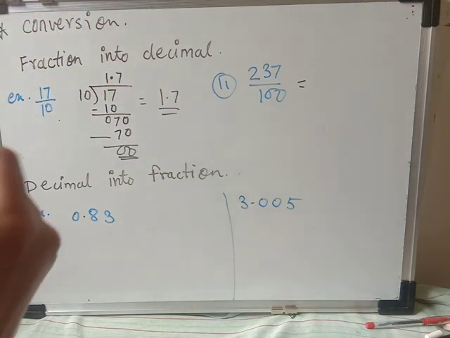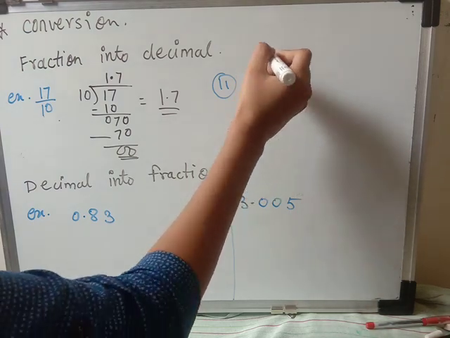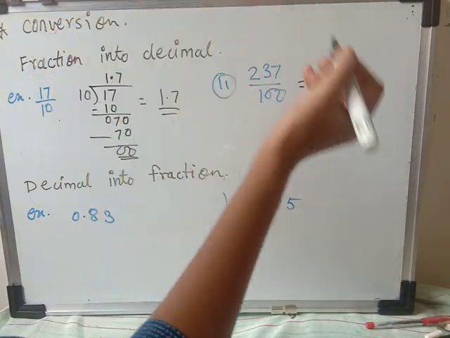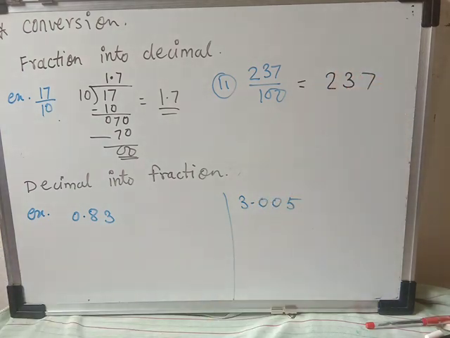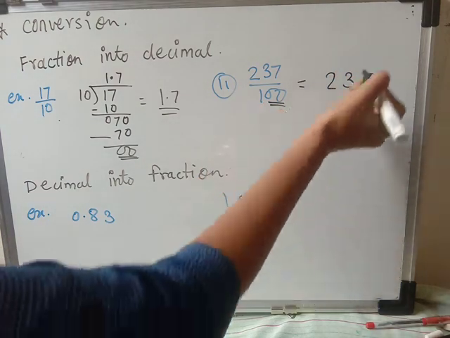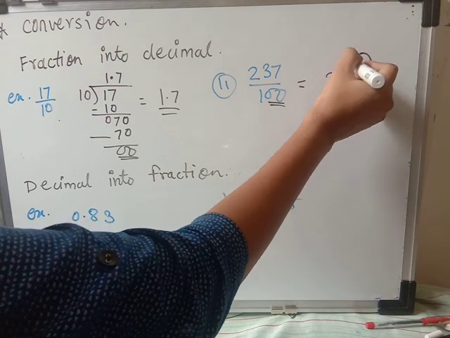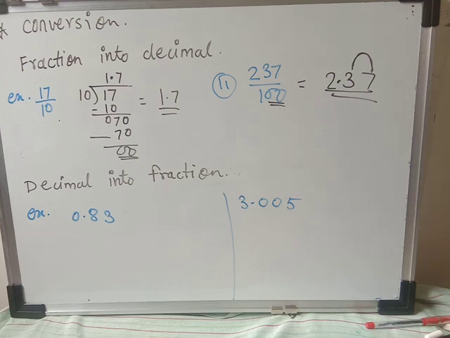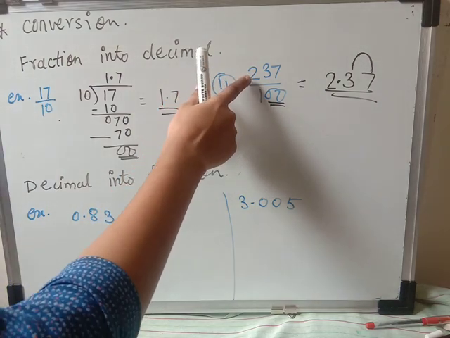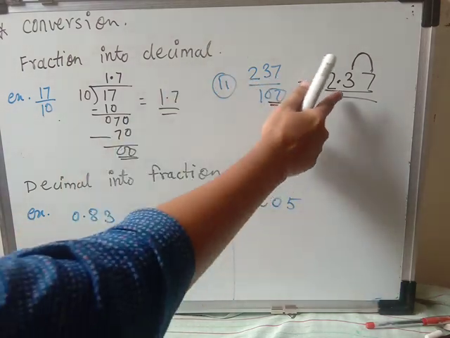Okay, the same way I will do here. Here 237 division is too long, so what will I do? I will write 237 as it is. How many zeros are there? There are 2 zeros. So after that I will count 1 and 2 digits and put the decimal here. This is the easiest method when you are doing addition, subtraction, multiplication, whatever you are doing. So this one is another way. You can do the division, meaning divide 237 by 100, and you will get the same answer.